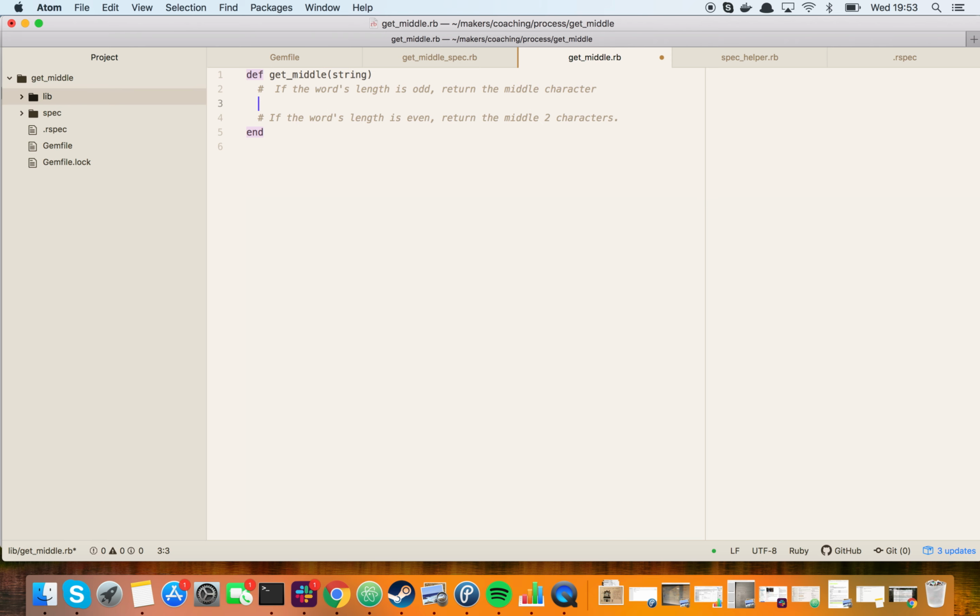It's going to look something along the lines of if string dot length dot odd, do something, else do the other thing, right? Because it's just even and odd, right? Do the other thing, aka even. I can't type. Look at that thing. There we are. Okay. So if the string length is odd, the simplest way to do this is